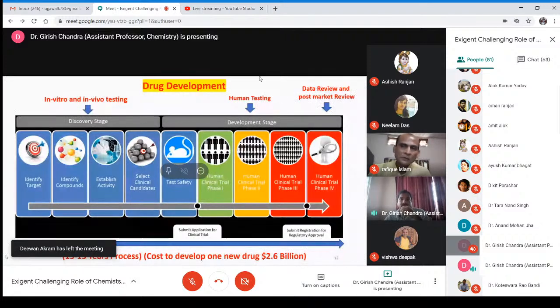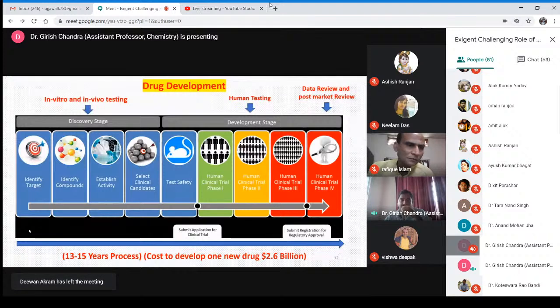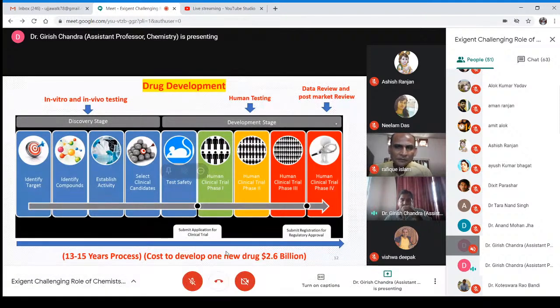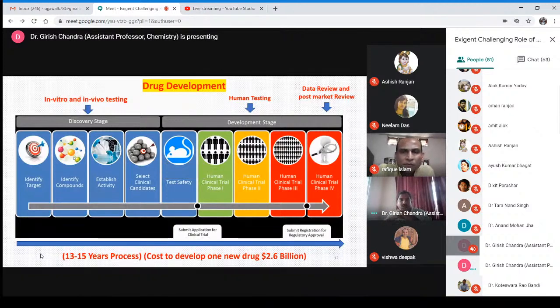Basically, drug development you can divide into three categories. The first one is called the discovery stage. Another is the development stage, and the third stage is called the review stage. So consider if I am an academician, then most probably I will do the discovery stage. Why? I will mention